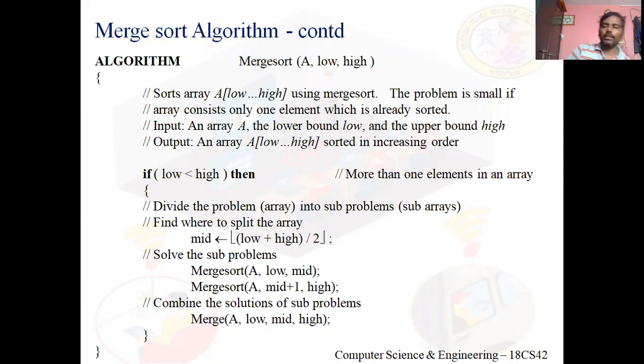And you know it's a recurrence relation. Recurrence means invoking itself. So initially I have invoked merge sort by passing the array with all elements. At the first statement, it checks whether that array has one element or not. Since low is less than high, more than one element, divide into 2 halves and invoke the same algorithm for those 2 halves. Finally, we'll get a solution. That is merge, the last statement. I'll tell you that. Clear?